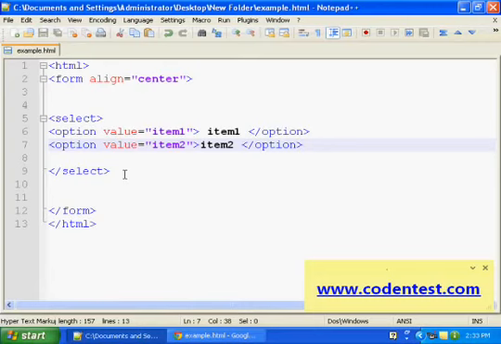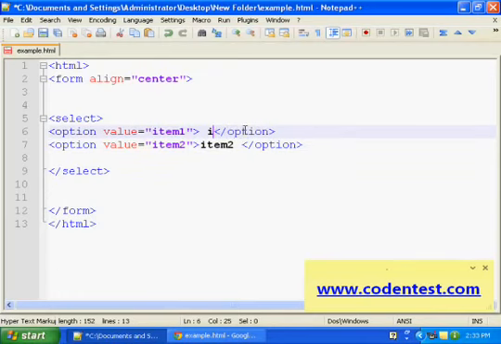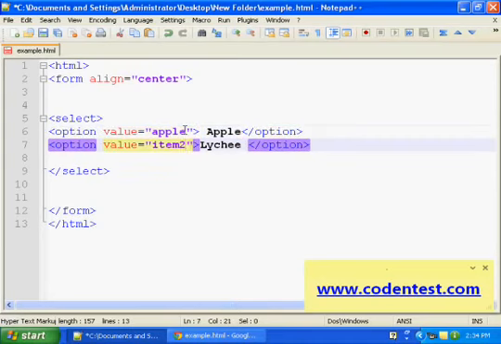Let me give you an easy example, the same example: apples, lychees and oranges. Apple, lychee.